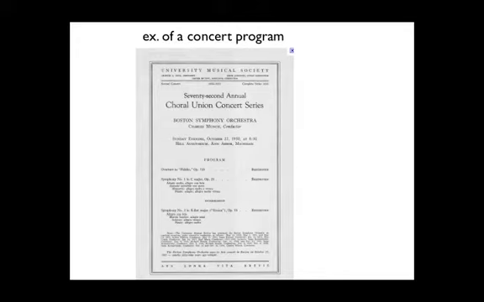Now, when you're filling out the concert form and it asks you to list 2 different pieces, I'd like you guys to pick something from the first half and something from the second half so that I know that you stayed for the whole concert. Let's say you choose to describe this first piece. It's called Overture to Fidelio. You would, on the concert form, just write Overture to Fidelio.